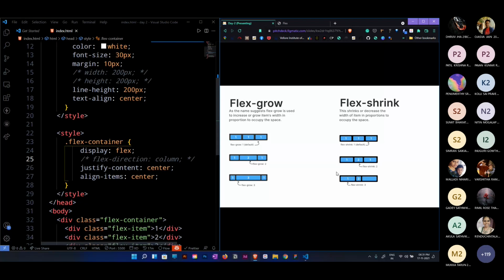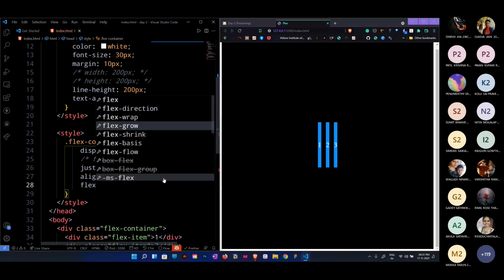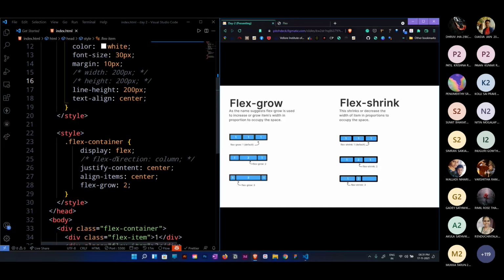If you apply flex grow as 2, let me show you. I don't think it will show here, because we need some other properties to get that. As I said, they are not mostly used.